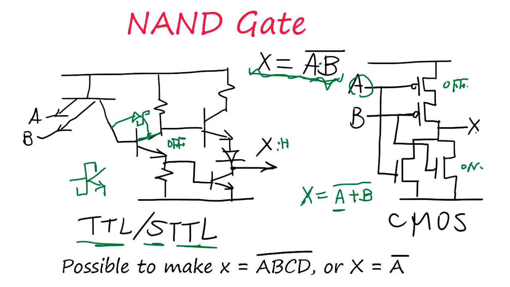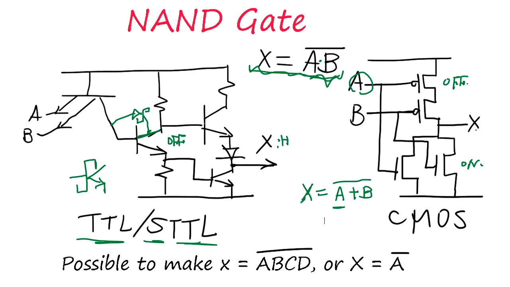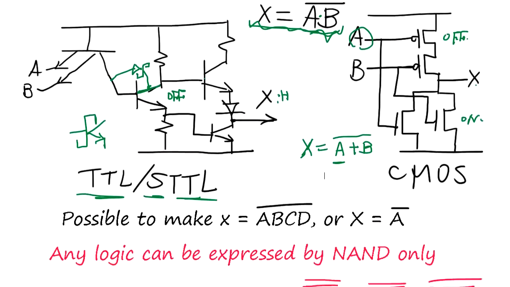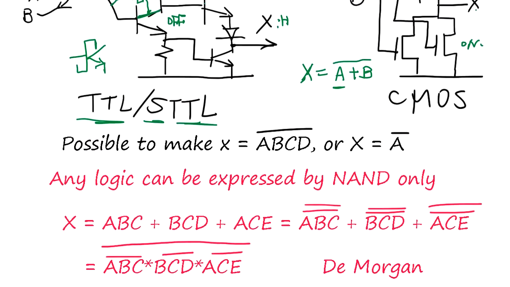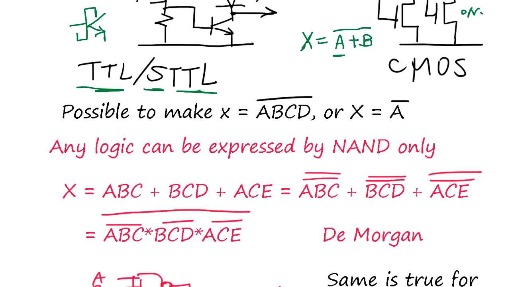Okay, so is there any difference? Would it make any difference in logic design? It's actually not. You learn in computer science logic design, right? And there's De Morgan's theorem, and what happens is